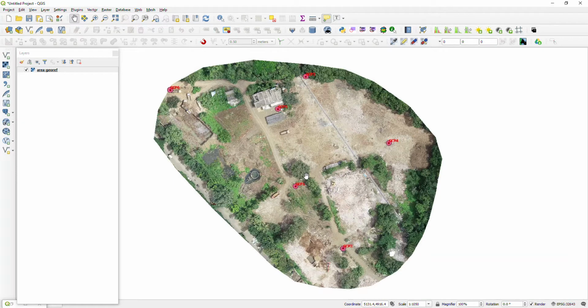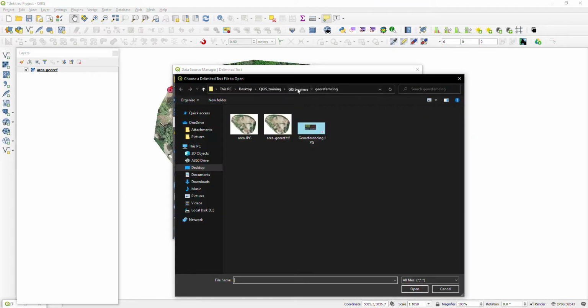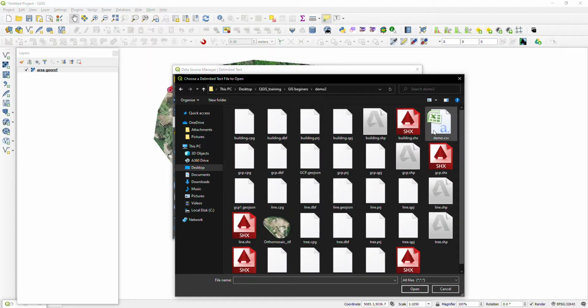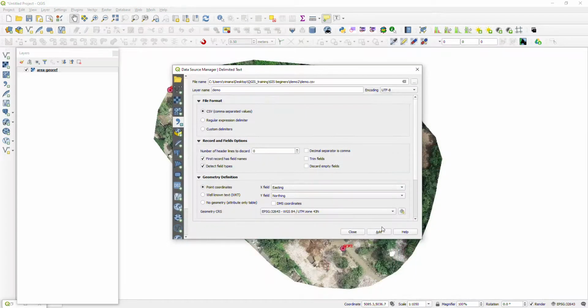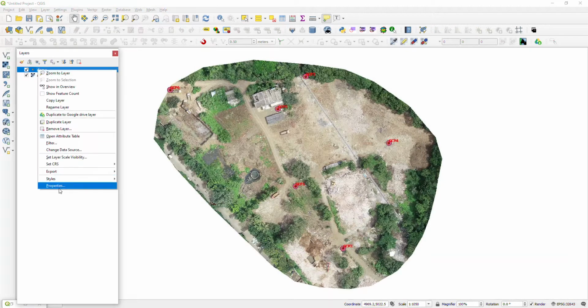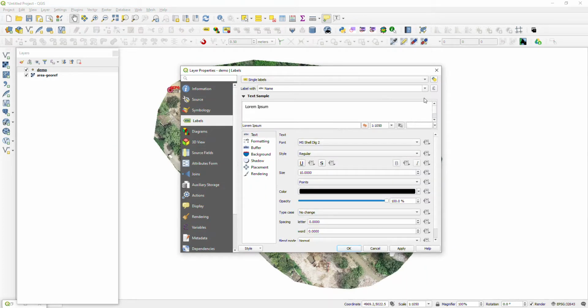So for verifying the values, better you add your CSV file here. I have the CSV file already. If you place the label name, then it will come.